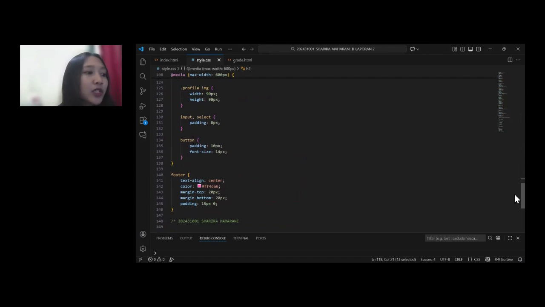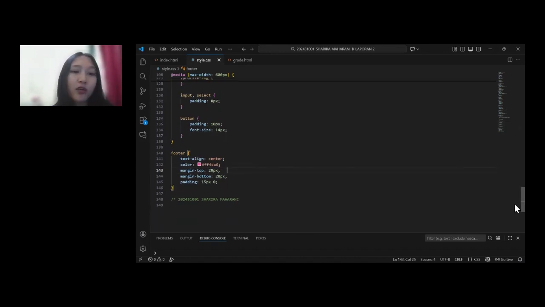At the end of the page, we have the footer. The footer is centered and styled with matching colors, which is pink, so that it blends well with the overall theme included in this file. This concludes the explanation of the style.css file, which blends both web pages into a consistent and visually appealing design.